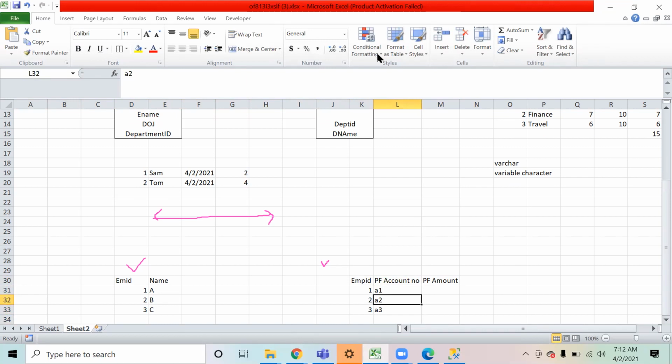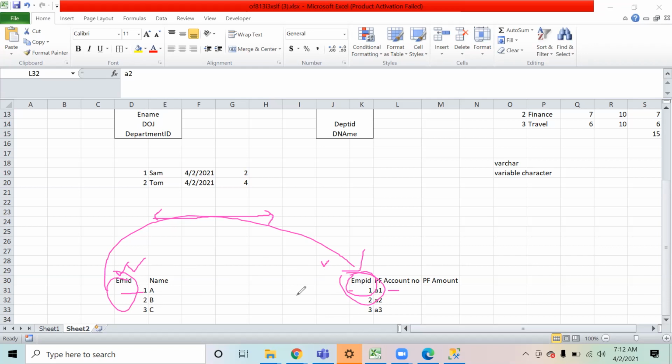Now, if this column is a primary key, then over here employee ID becomes a foreign key, so you cannot have any employee ID over here which is not present in that table. Now, one employee can only have one account number, so it will be a one-to-one relationship. One record in this table, and you will only find one account over here. Making sense? That is a one-to-one relationship.